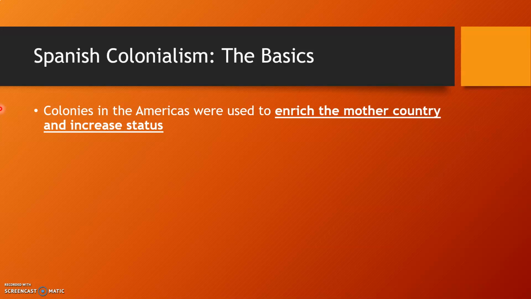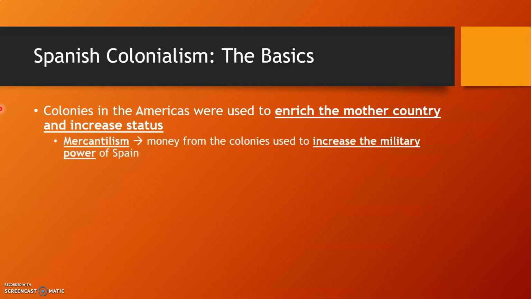That is what colonialism was about. It was about exploitation of wealth. The idea was to have these colonies where you could extract wealth and then make the mother country better off as a result. This is part of an economic theory called mercantilism. Mercantilism basically says that the economic benefit of one country must come at the expense of another. So for a country to be powerful and strong, it needs to accumulate as much wealth as possible.